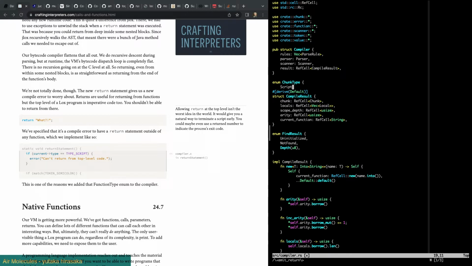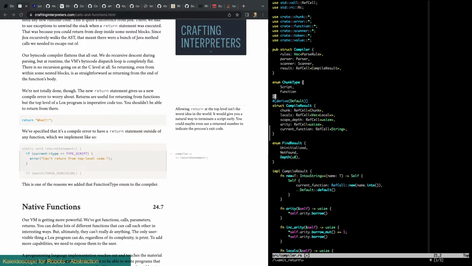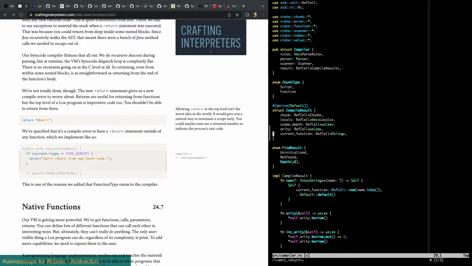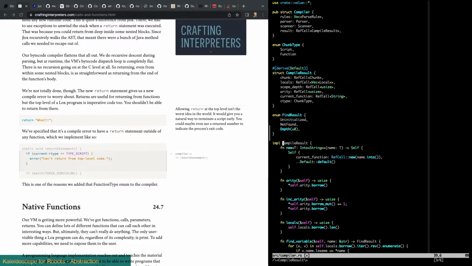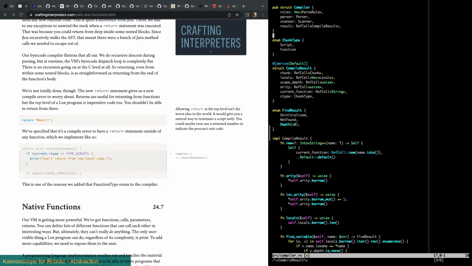And we have script and function. And we'll add it here. C type, chunk type. And now, of course, every place we use compile result, that's going to blow up. We need a default for it, I guess.